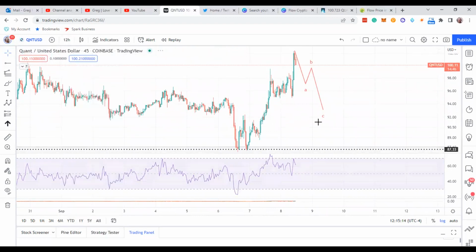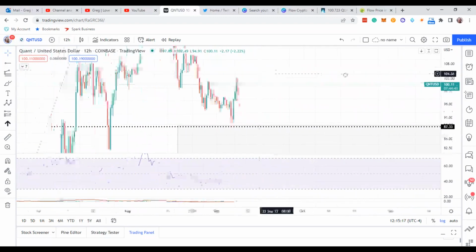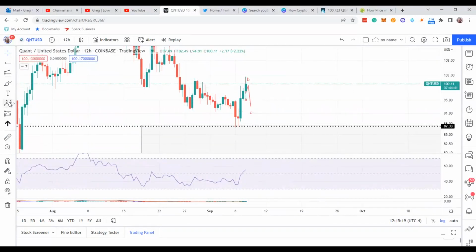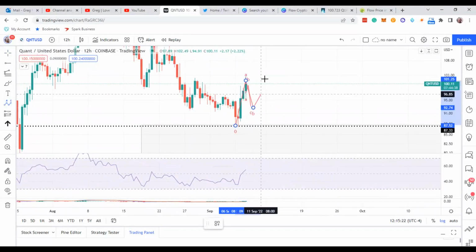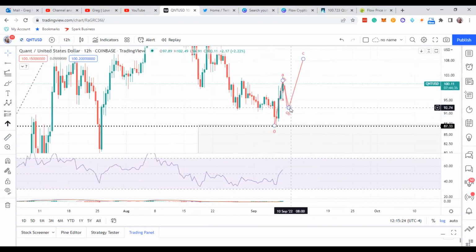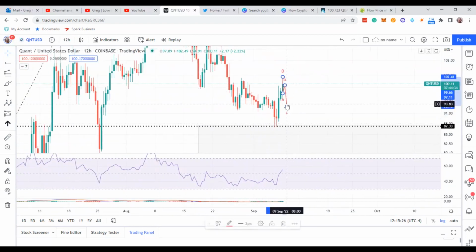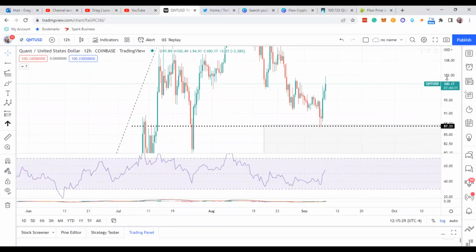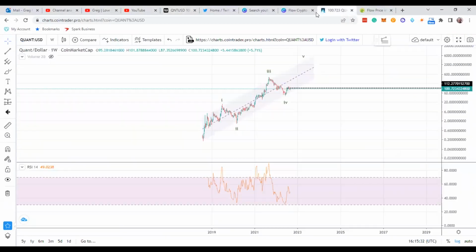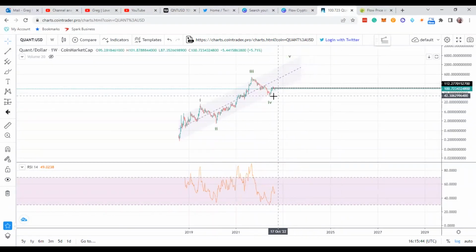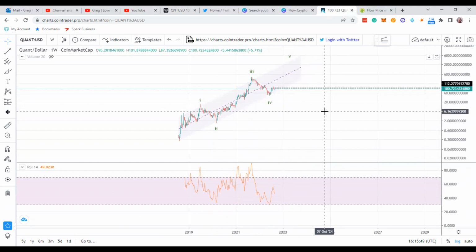So in this scenario, I'll go back out to a 12-hour chart. You want to be aware that this right here in itself could be an ABC. Okay. And then it's going to swing back down. So I'm pretty comfortable with this coin, either way, guys, long term. Whenever the markets finally turn around, Bitcoin's going bullish. Like I said, I have a bullish slant to everything right now, just because I think the bullish signals are coming in. You have some early warning shots with some coins, Quant being one of them, and also Ethereum and Binance Coin are a couple others to be aware of too.